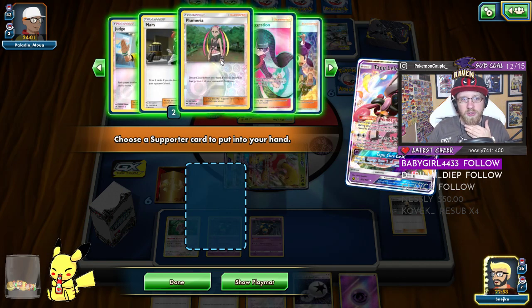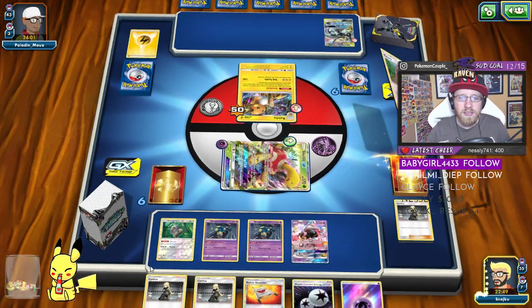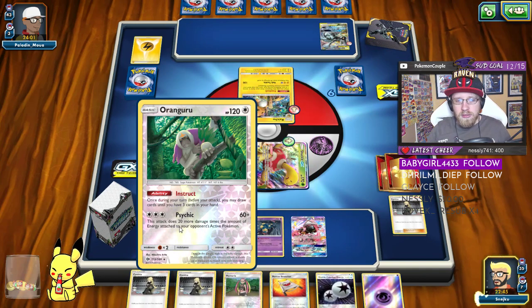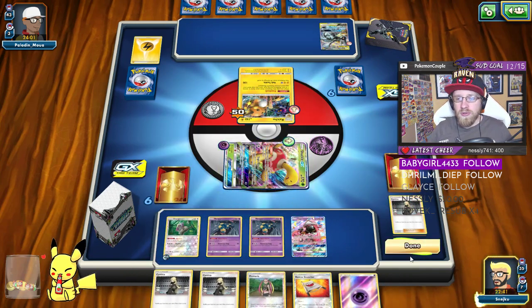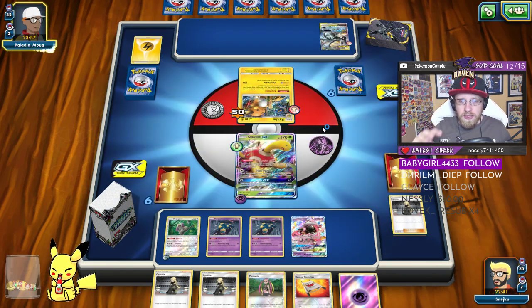Or should I focus more on... You know what? Yeah, we're gonna focus on discarding energy. Why not? This is gonna be our main focus. At the same time, I can put a DC on the Oranguru. Why not? So Shuckle is back in the game